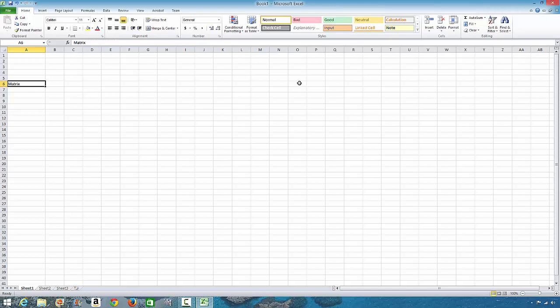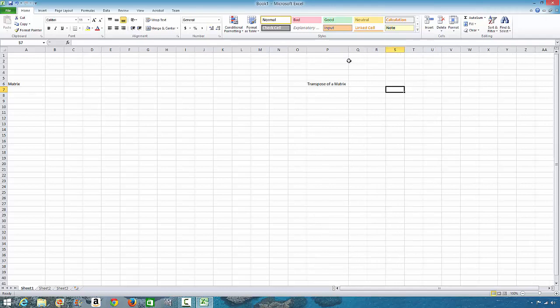Then let's have our transpose here, transpose of a matrix. Let's have it here. Okay, let's start with the 2 by 2 matrices. If we have a 1, -2, and this was from the example we did in that video,